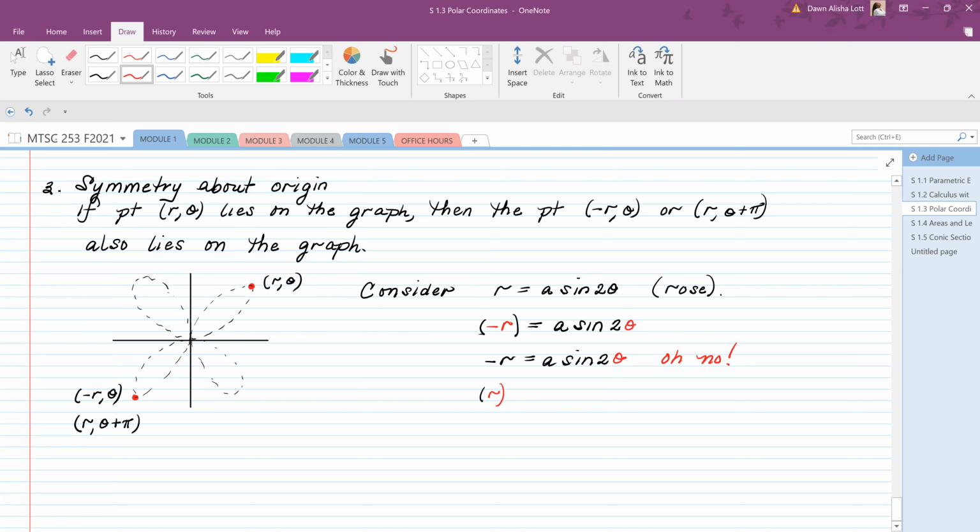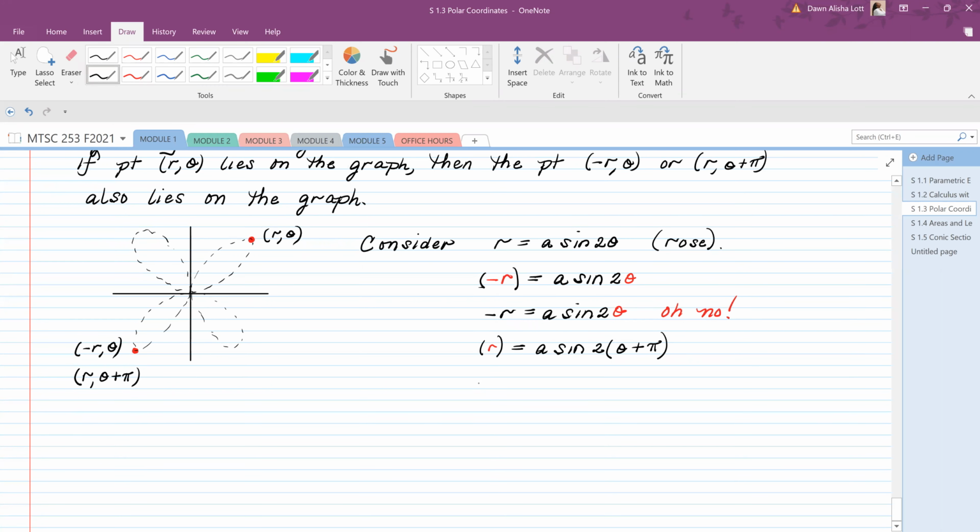Okay, so let's try r is equal to a sine of 2 times theta plus pi. So maybe it works now. So one of them should work. It has to, because it's symmetric. So one of them has to work. So let's see, we get r is equal to a, the sine of